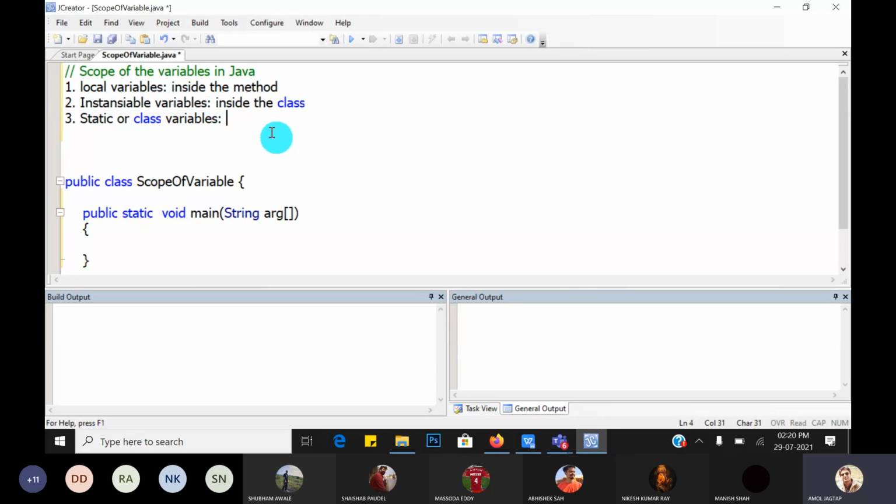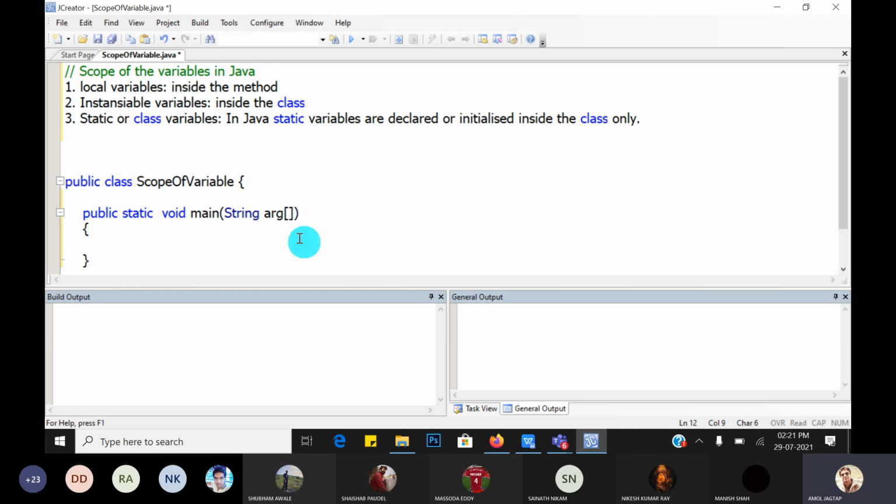Next, static variables or class variables. Now, in Java, static variables are declared or initialized inside the class only. Okay, static variables we cannot initialize or declare inside the methods in Java.